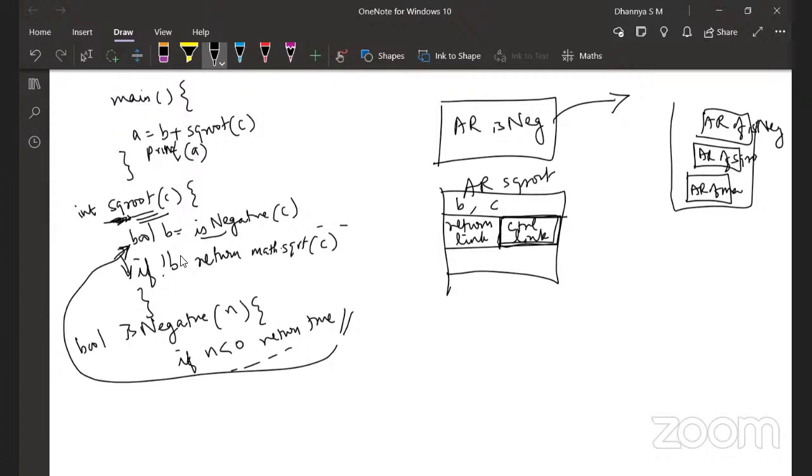These two things are given by the return link and the control link. So don't worry too much about it. These are specific, much finer details, and if you try to understand them, it will be more confusing. Just understand it from a broader perspective, so that you can understand whatever is required for the future weeks. That is what I am trying to motivate you toward. So don't think about whether it is an actual address location pointing to another location or whether it actually contains the value. Don't worry about all those things. Just understand that it contains the information as to where the control execution has to resume from and also where the return value can be found. That's it.